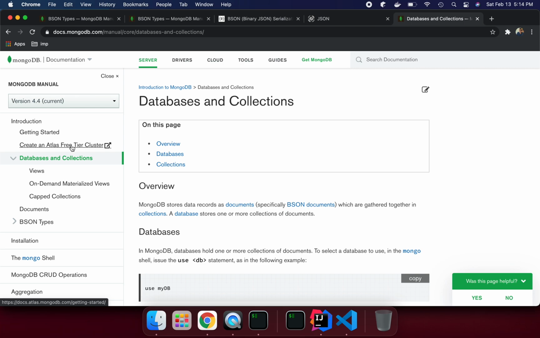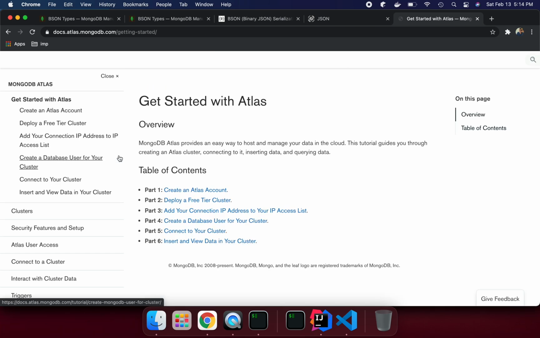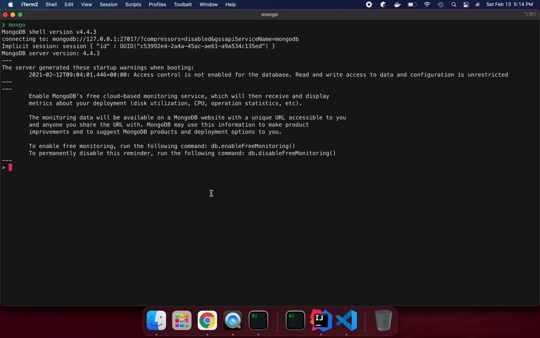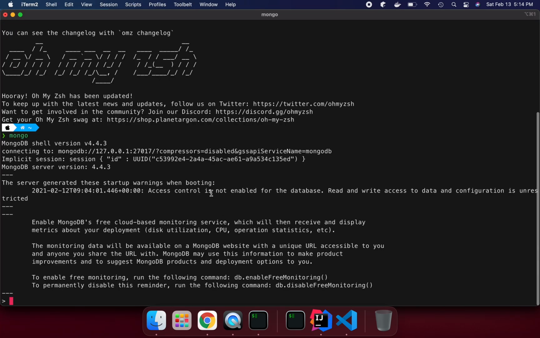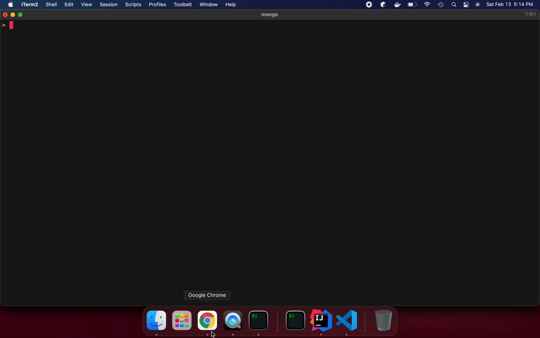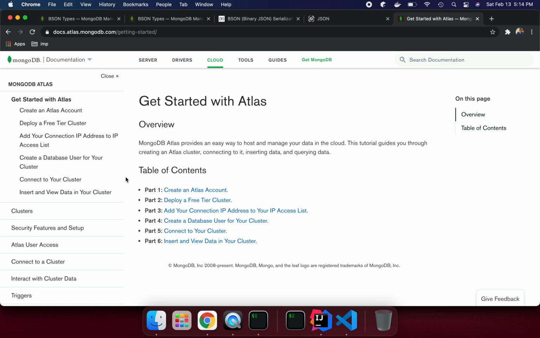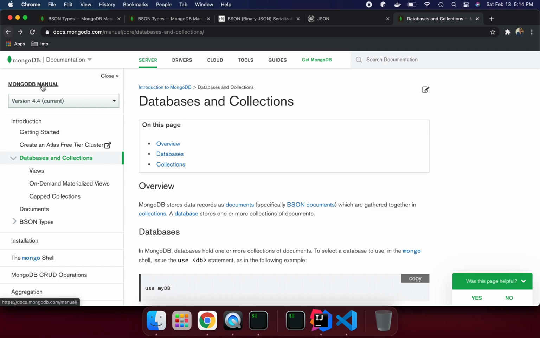Before that, if you want to use your free trial license, you can go and create an account. It is a cloud-ready environment, so you can create a Mongo database the way we are going to create here. Similarly, you can create a database in Atlas and connect it with your application. The free tier is also available. I have an account, and you can also have one if you like.